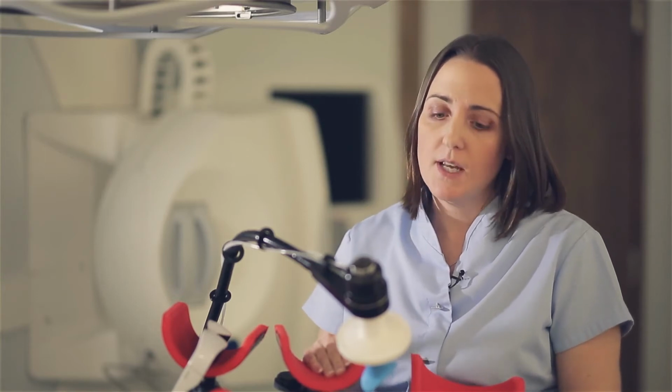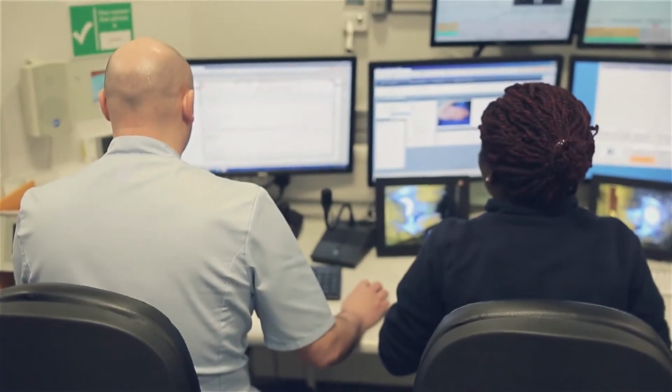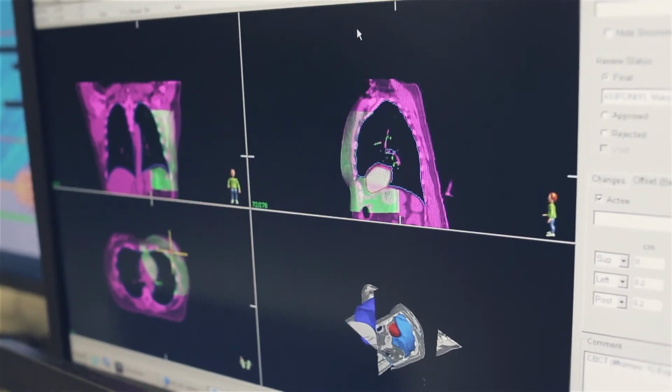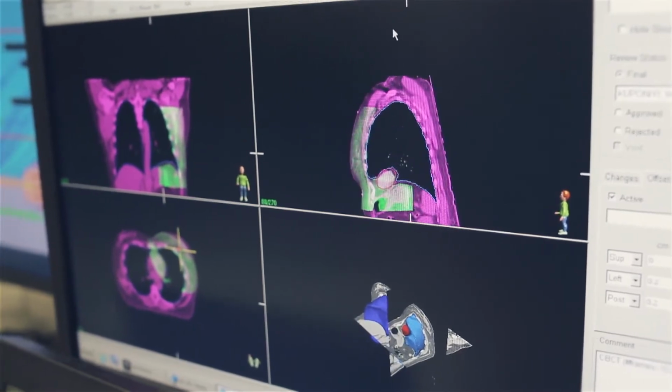The breath hold technique is suitable for approximately 95% of left-sided breast cancer patients. It's also a suitable technique to use for lung cancer patients and abdominal cancer patients, with the benefits being slightly different. First of all, we give good results when it comes to cancer cure rates, but patients live long, and it is important that radiotherapy does not cause any late-term problems. If the heart gets some radiation, patients may get angina or heart attacks, and by using this technique, we can